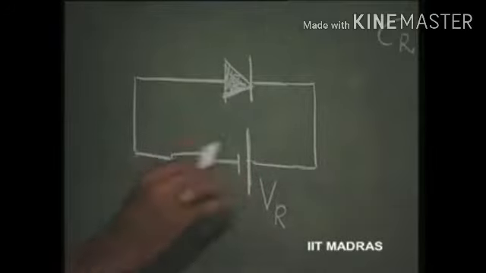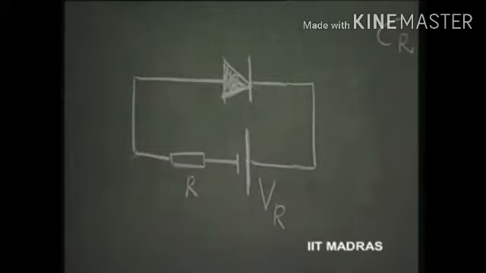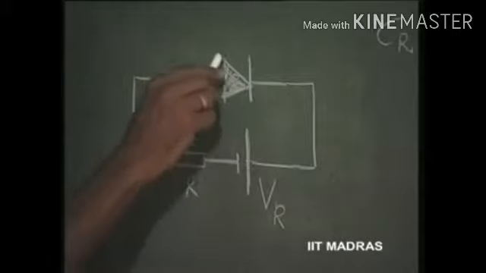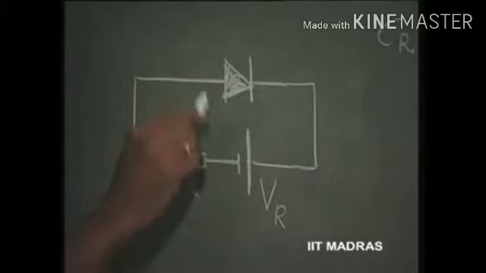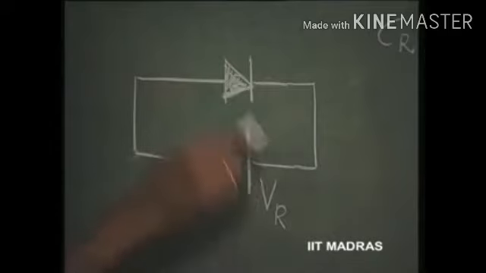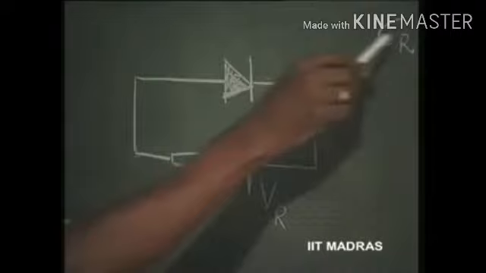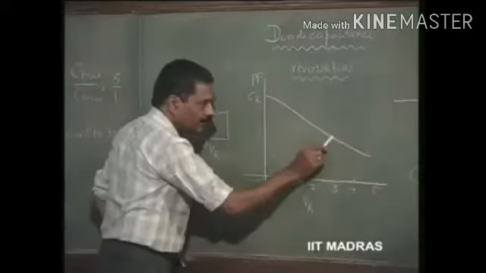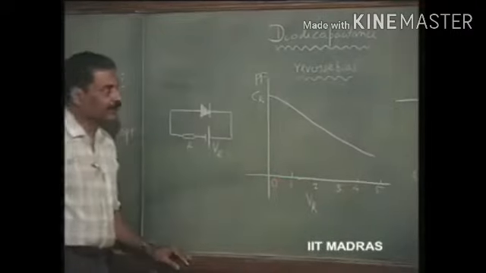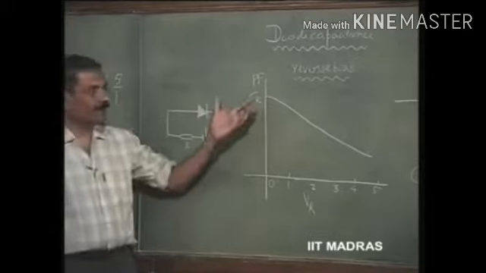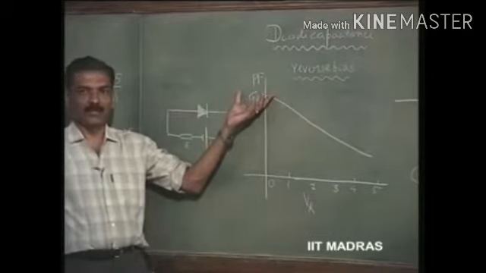So, according to us, the current through this is 0, or it is equal to the reverse saturation current, very small. But therefore, the voltage across this is going to be very near the voltage that I have applied. So, the magnitude of that voltage is going to determine the value of the capacitance. As the magnitude of the voltage increases, the capacitance decreases. This kind of nature, the capacitance is of the order of picofarads.